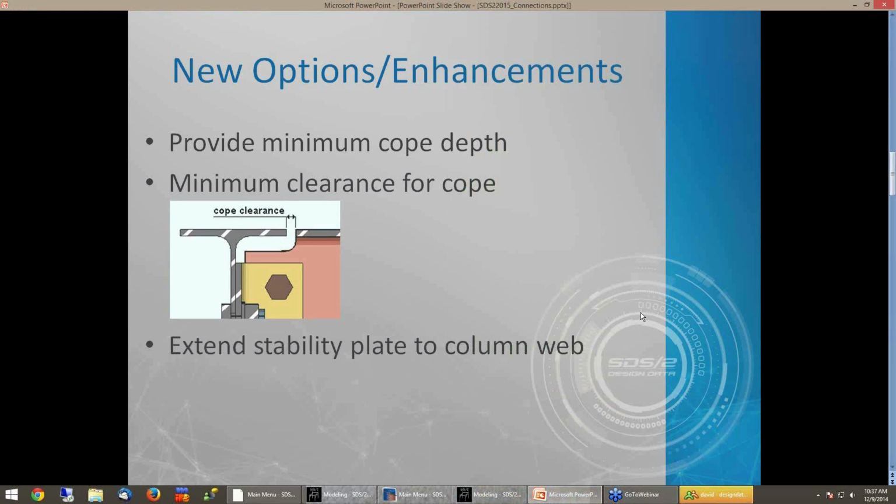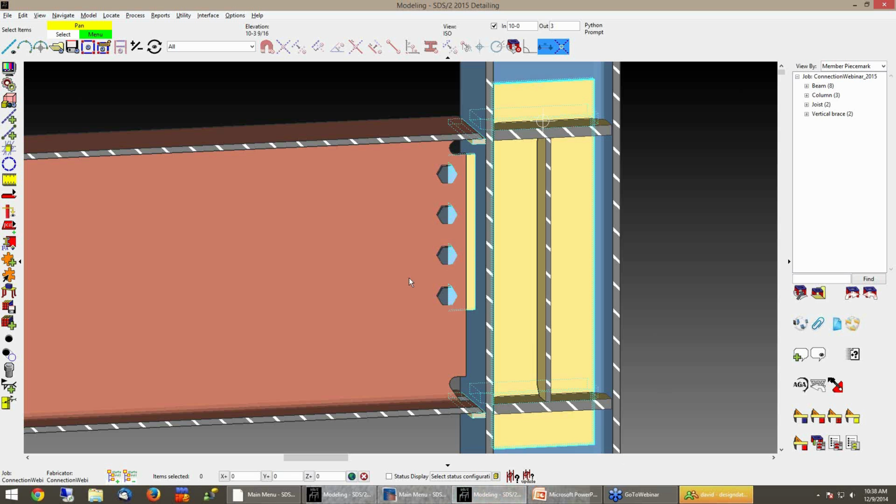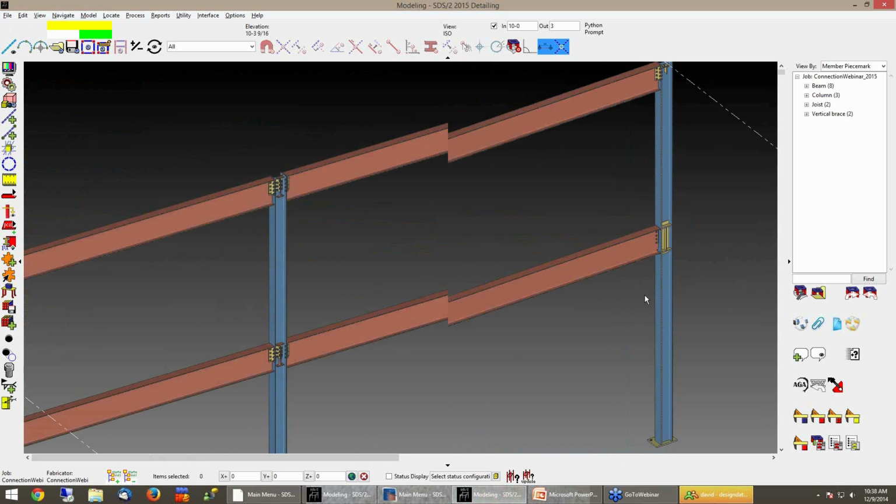The final option here is an option to extend stability plates to the column web, another pretty long-standing request. So in previous versions of SDS2, if you had a shear plate extended past the flange of a column, you could get a stability plate that didn't extend all the way to the column web. And to show you this,